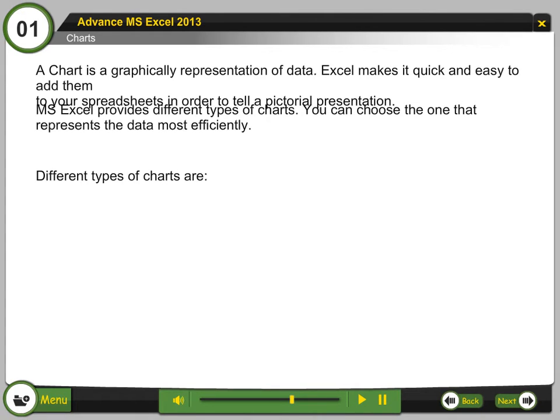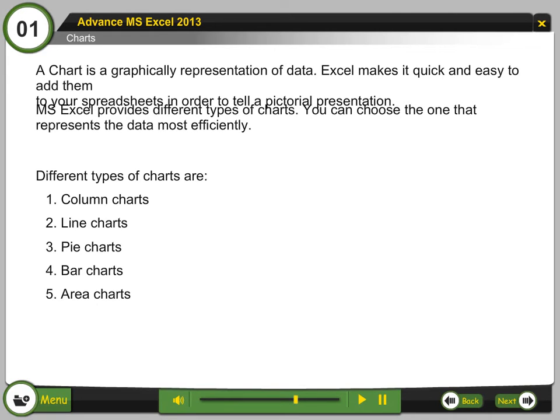Different types of charts are 1. Column charts, 2. Line charts, 3. Pie charts, 4. Bar charts, 5. Area charts, 6. Surface charts.